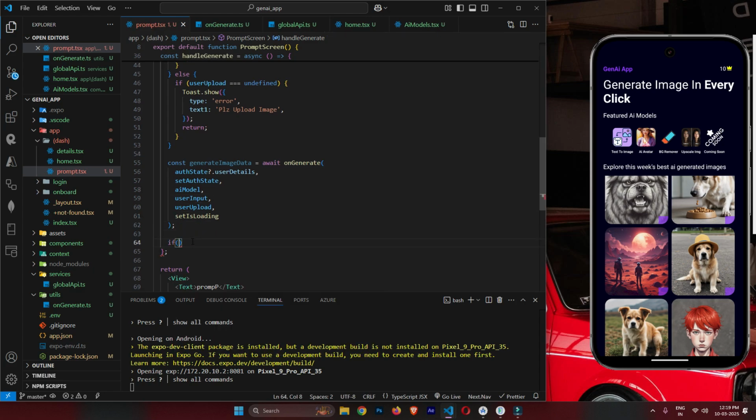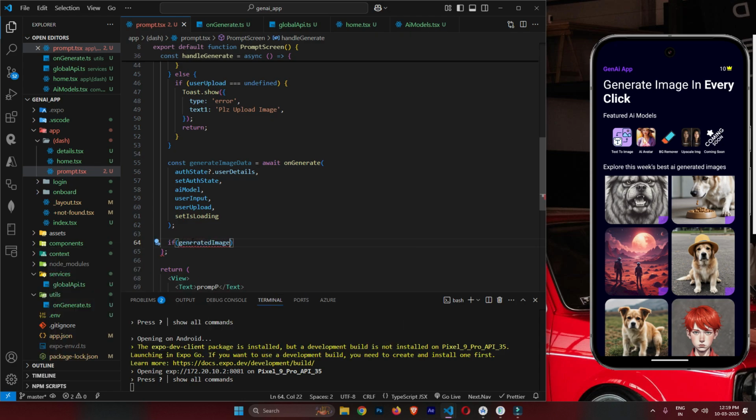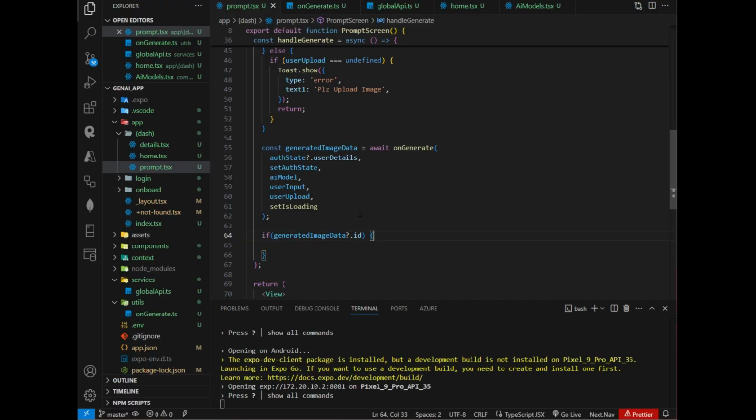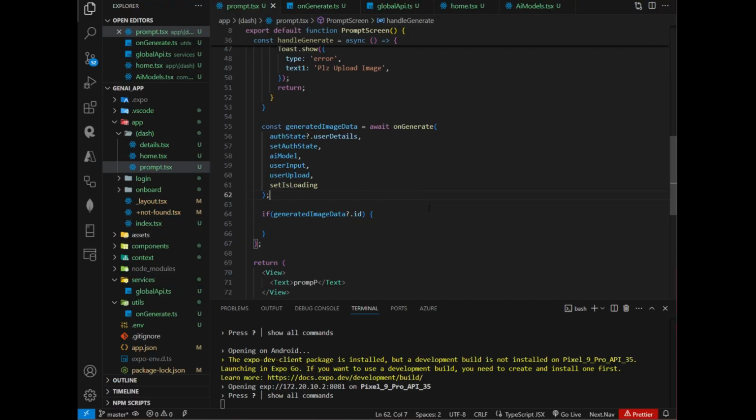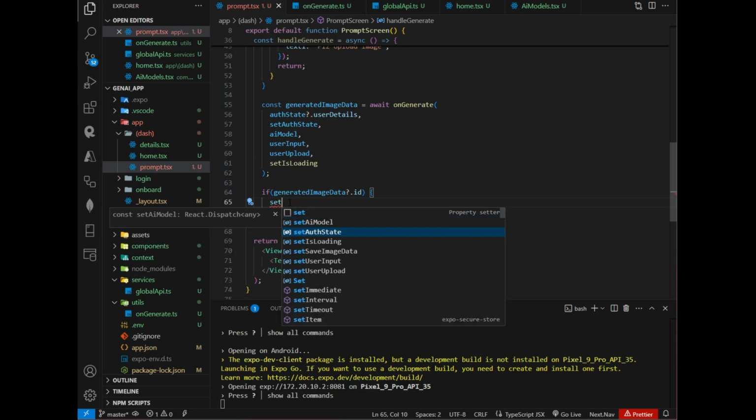So here I will say if generated image data, see this is the spelling mistake, so I'll say generated. Okay, generated, I will copy this and paste it here, image data dot id. Okay, so generated image data id, says that is loading,